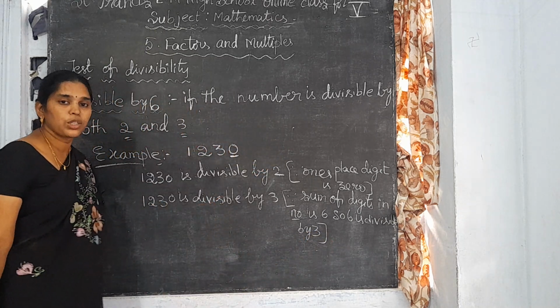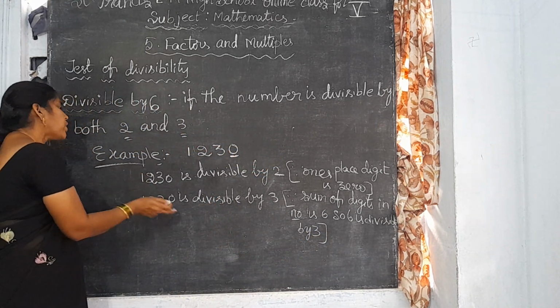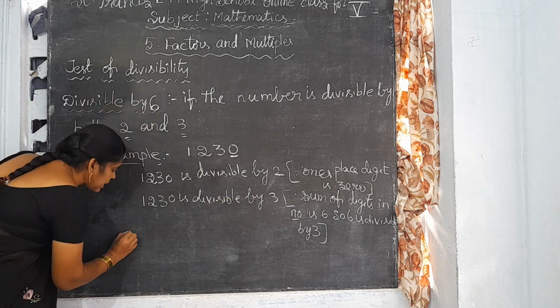So the number is divisible by 3. It is divisible by both 2 and 3. So the number is divisible by